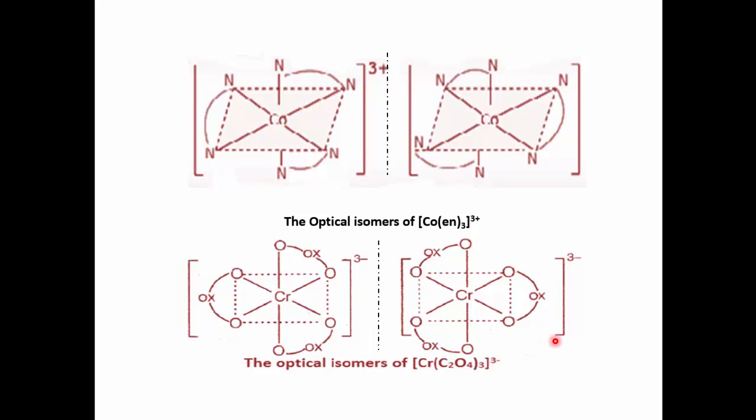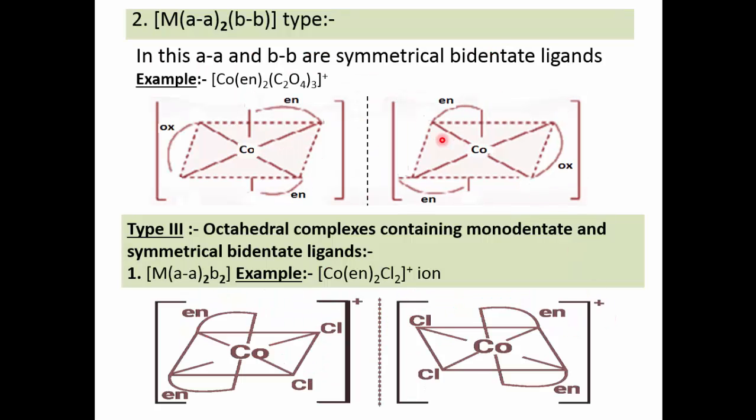Got it? So in this way, these are also not superimposable and hence show optical activity. Then see the next type in this category, M(AA)2BB, that means two types of bidentate symmetrical ligands, AA and BB, are attached to the metal ion. See this example: to the cobalt, ethylene diamine as well as one oxalate ion is attached, and therefore see this